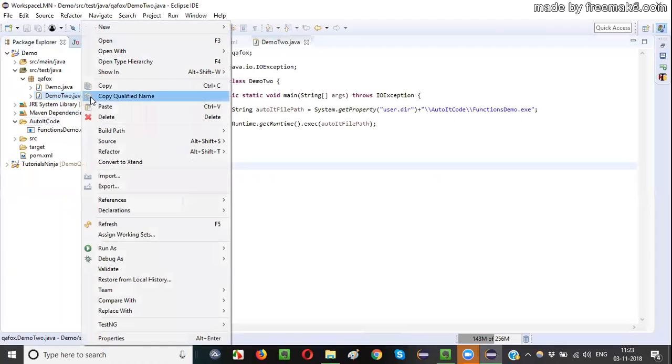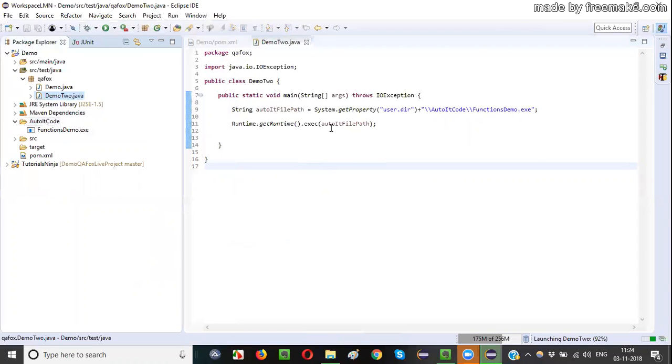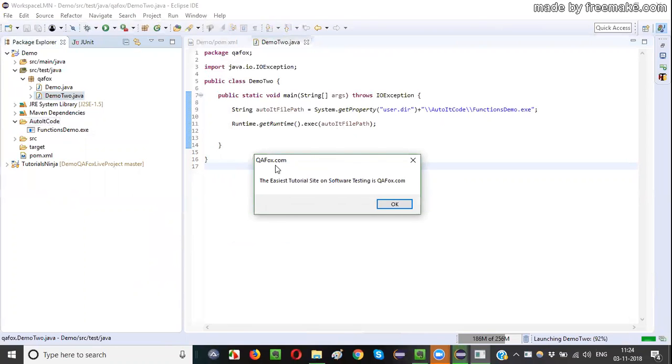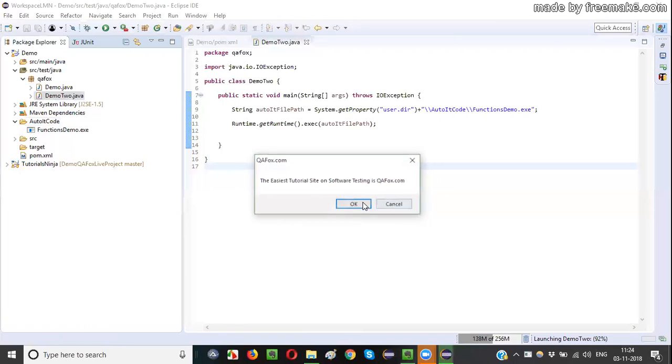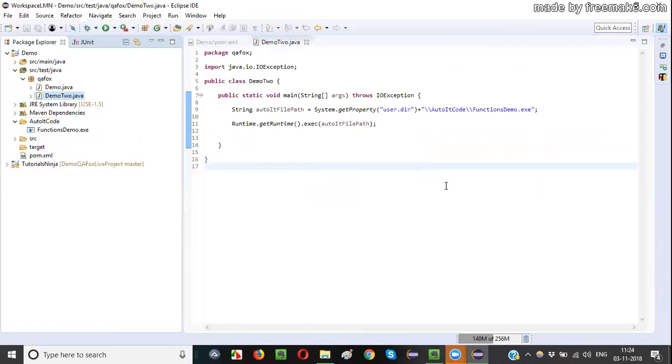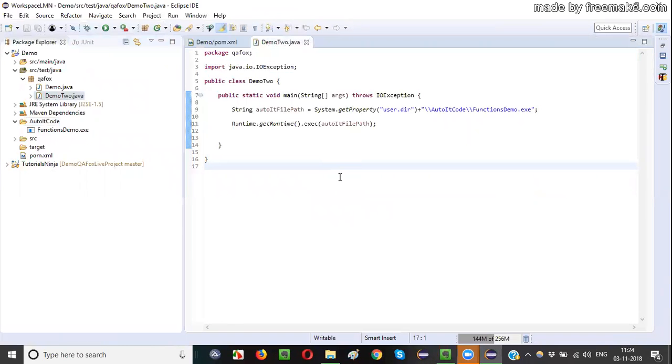After executing, you'll see the difference. Right click, run as Java application. Now you will see QFox.com. The title got changed, and also the message on that particular message box got changed. Right? That's fine. But still, guys, there's a problem here